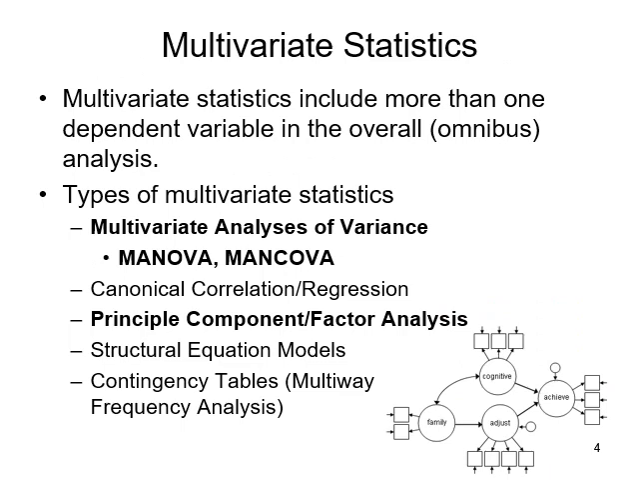So we're going to talk a little bit about what are multivariate statistics. Multivariate statistics include more than one dependent variable in the overall omnibus analysis. Probably the most common multivariate statistic is the multivariate analysis of variance, the MANOVA and MANCOVA. Basically, in this situation, if you have any kind of model where you have multiple outcomes, multiple DVs, and they're continuous, and your independent variables, your IVs, are categorical in some form,